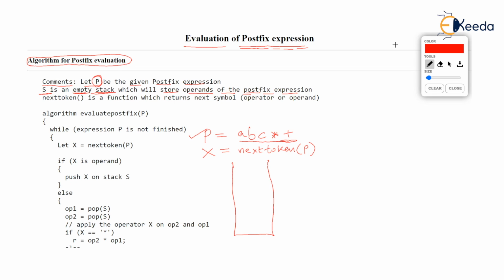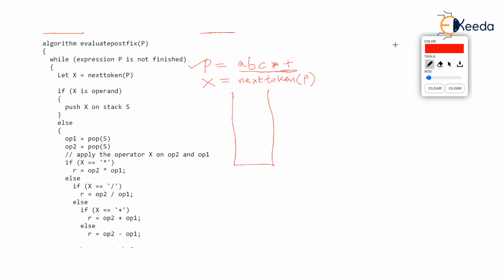Also, in this algorithm, we are going to use a function next token. We assume that this function is available. We are not defining this function. Next token function will return the next symbol from the postfix expression. So let's see what is the algorithm. Here we have defined an algorithm called evaluate postfix, and the parameter passed is the postfix expression. Now in our case, the postfix expression we are assuming is A B C star plus. This is the postfix given as the parameter